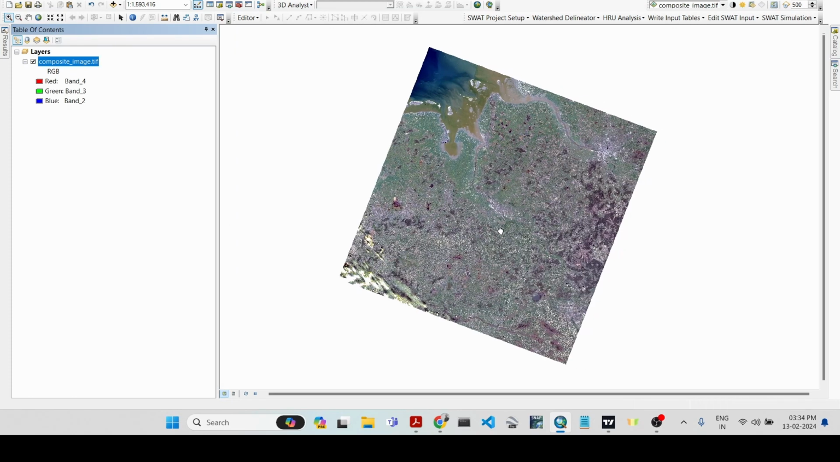So it will look much better. So this is the true color composite. Because the visible bands are used in this combination, the ground features appear in a color similar to their appearance to the human eye or the human visual system. So in here, if I zoom in,